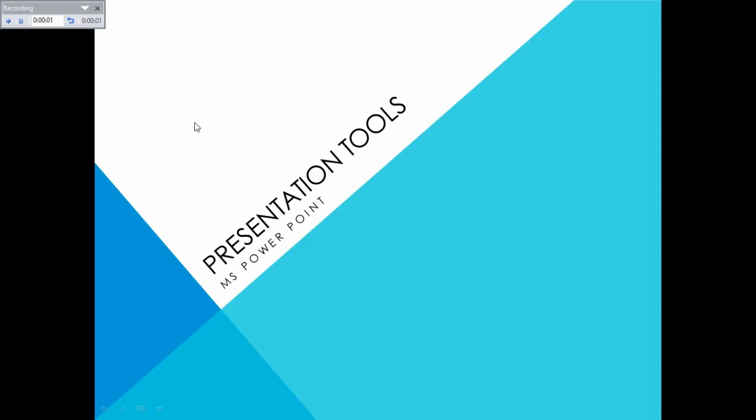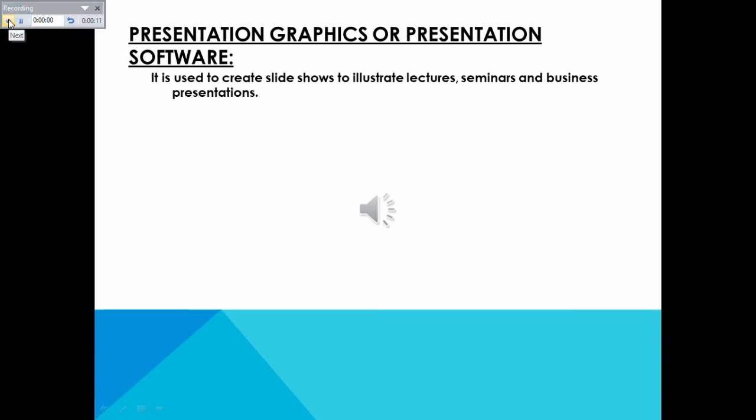Okay, so after that, see this, I'm just speaking over here, taking the first slide. Can you see the time running over here? This much time I want to take for this first slide. So if I click on this next button, it will go to the next slide. It is rehearsing the timing, this much time you need for your second slide.